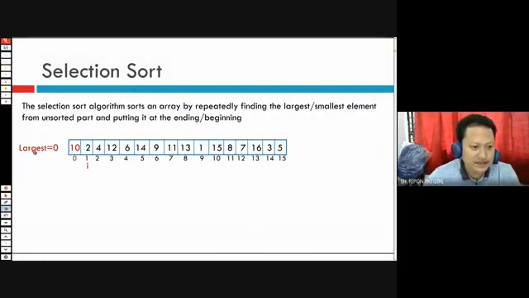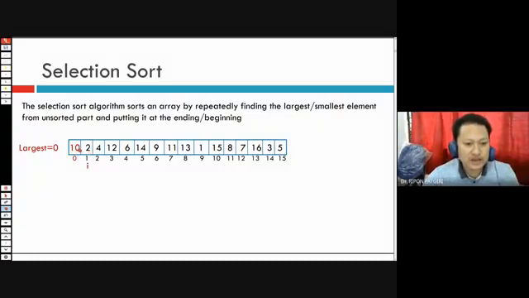In this case, the largest is assumed as index 0. That means the first number is largest, and I is the index, which will begin from 1. The index begins from 1 and we compare 10 and 2.